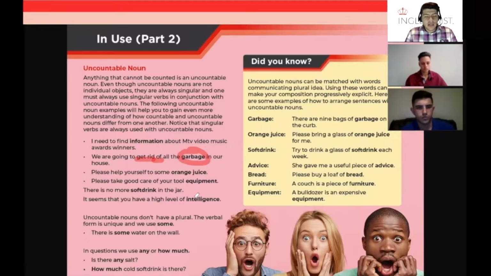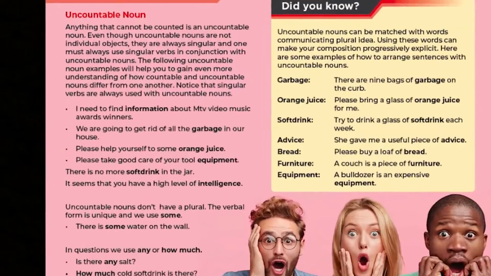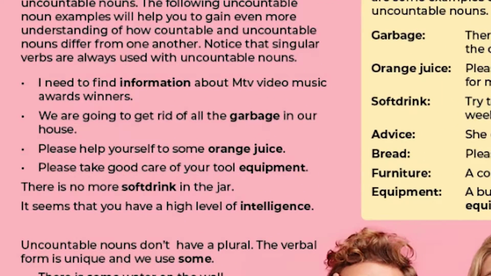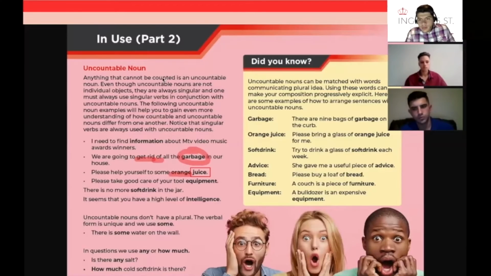Okay, here is something important. Aquí hay algo importante. ¿Y qué es lo que pasa? Que la palabra orange realmente es countable. Podemos decir 2 oranges, 3 oranges. Pero en este caso, lo importante de lo que estamos hablando es de juice. ¿Ok? Eso es lo importante, juice. Y juice es uncountable. ¿Ok? No podemos decir 2 juices, 3 juices, impossible.